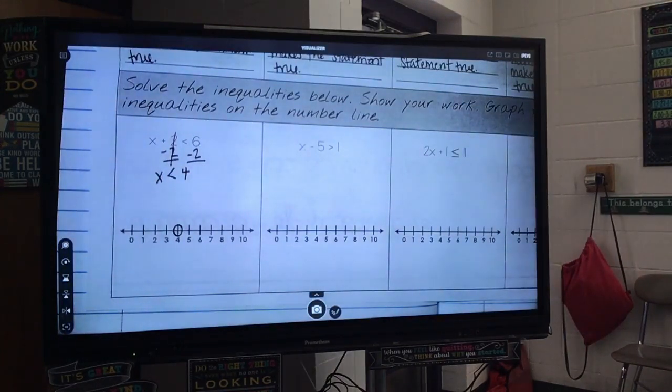Oh, sorry, I said the wrong thing. Well, this is a really good thing because we do have some people saying open, we do have people saying closed. If I plug 4 back into this inequality,